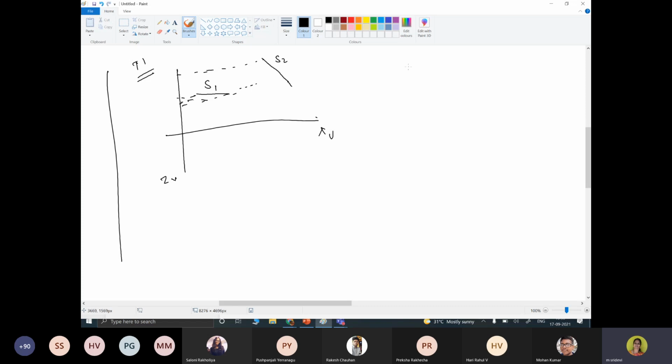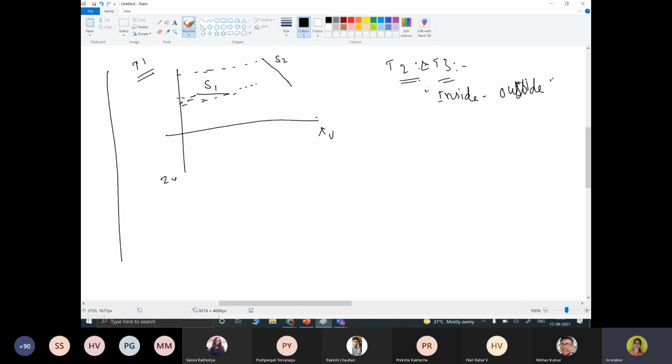So, test 2. In the case of test 2 and test 3, we are going to check whether it is inside or outside. I think in the last class I talked about the inside and outside test.